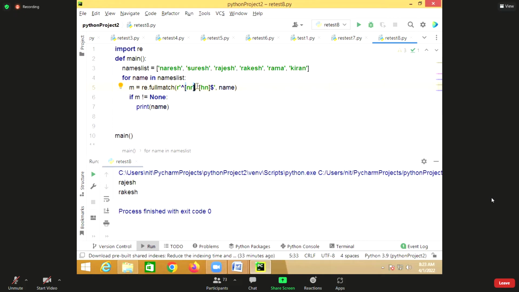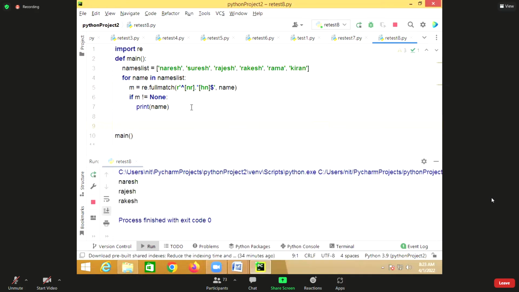How many repetitions? Star means 0 or more repetitions. And followed by H or N. So begin with N or R, end with H or N.